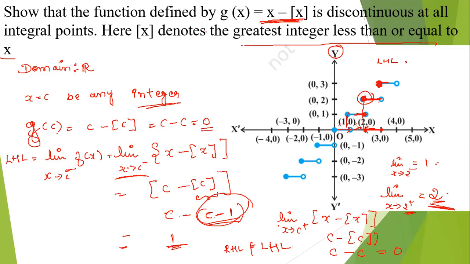Got it right? So always remember, for the box x, the left hand limit is always one less, and the right hand limit is whatever value you take, that remains the same. If you take 2, you get 2 itself on the right hand side, but on the left hand side you get 1. If you take 3, the right hand side will be 3 itself, but the left hand side you get 2, 1 less than 3.